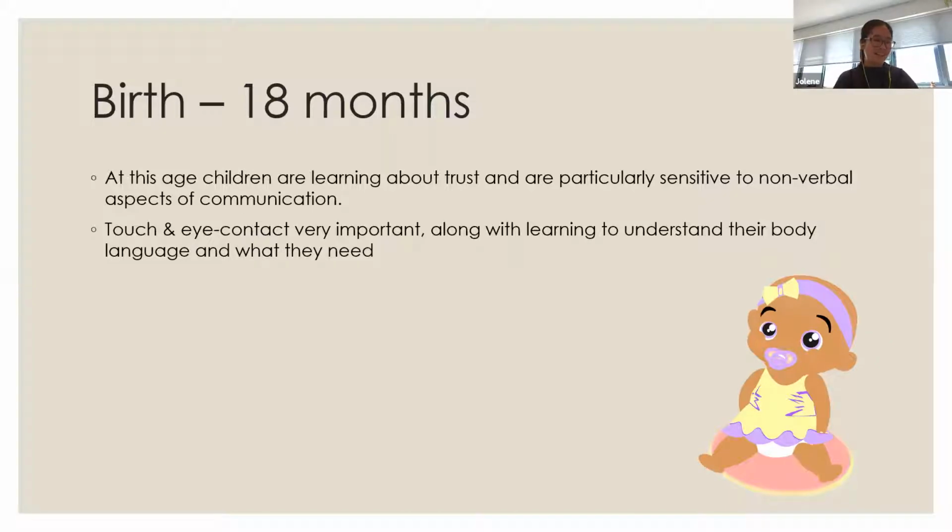Okay. So now we go into a little bit more around ages and stages and what that means. From birth to 18 months, this is the time when they are most reliant on you, because for things like eating and sleeping, they need the support from mom and dad. And they also live in a very emotional world because they don't have the capacity to speak at that time.